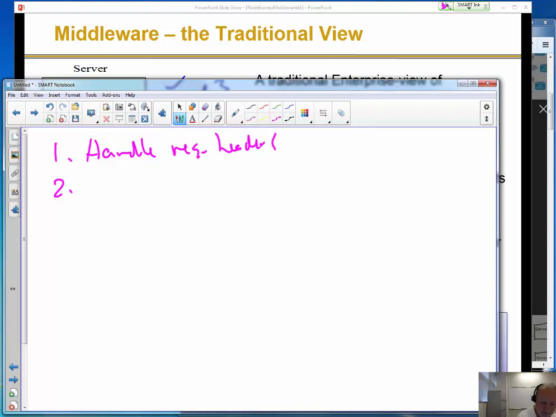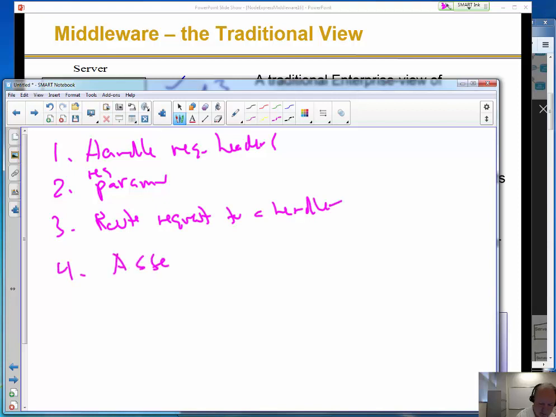Step 2, handle the params of the request. Step 3 is route request to a handler, assemble payload, set up the response,